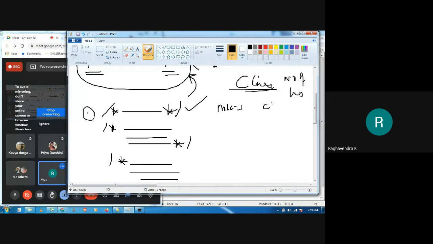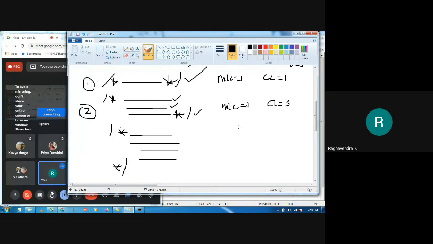But how many comment lines are there? Only a single comment line. In the second case, how many multi-line comments? One only. This entire thing is a single multi-line comment. But how many comment lines? This is 1, this is 2, and this is 3. So 3 comment lines are there.